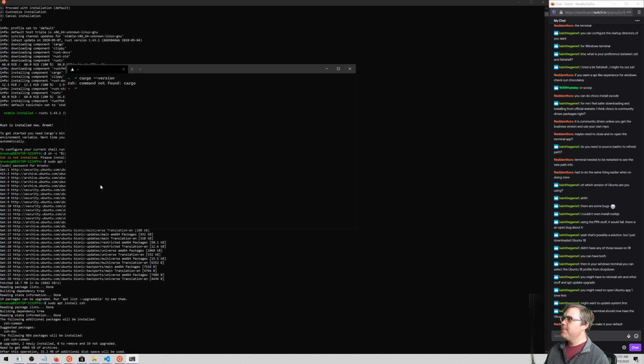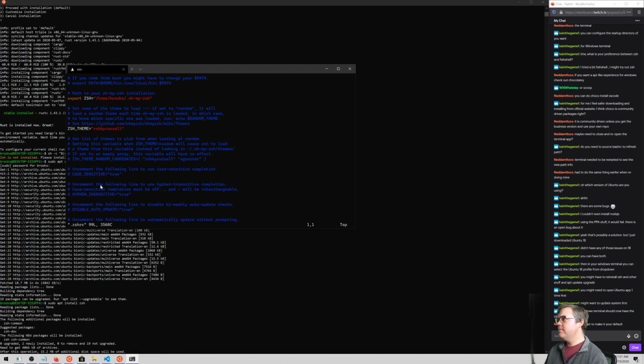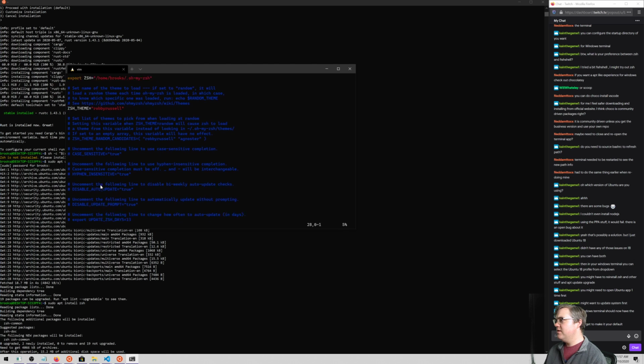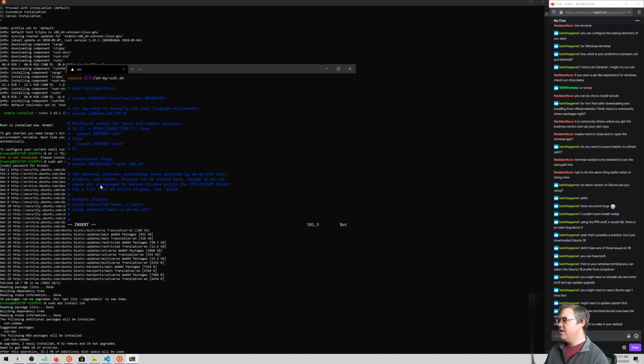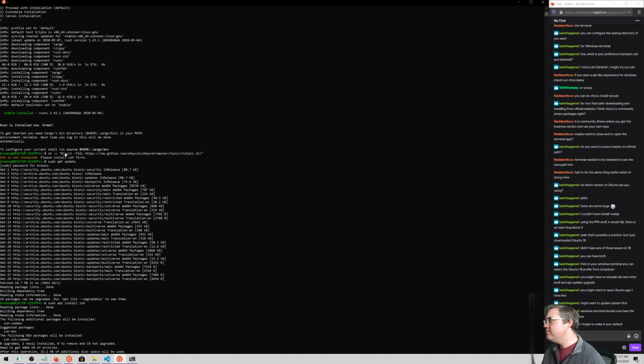Let's see. Cargo path, that's gonna be vim .zshrc. So I usually do all my customizations at the bottom of this file. All right, so my stuff. We want to source, they actually have it. Run source this.